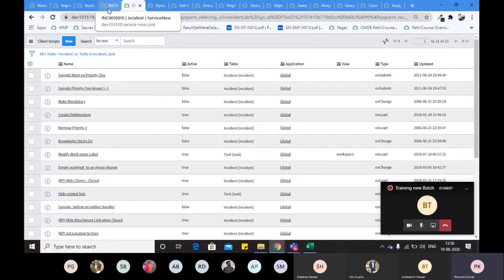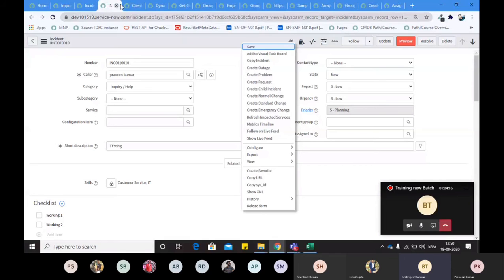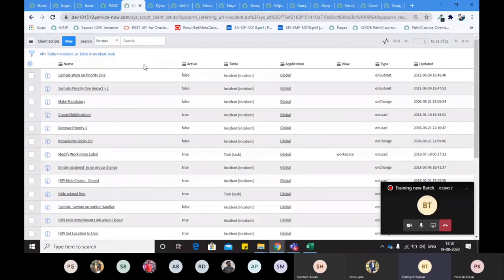Yeah. When we want to retrieve some data from the server on the client script, that's when we use Ajax. Correct. So is everyone clear about the idea of Ajax? Why we use Ajax? I think most of you have used it earlier. It is the most mandatory, important thing.